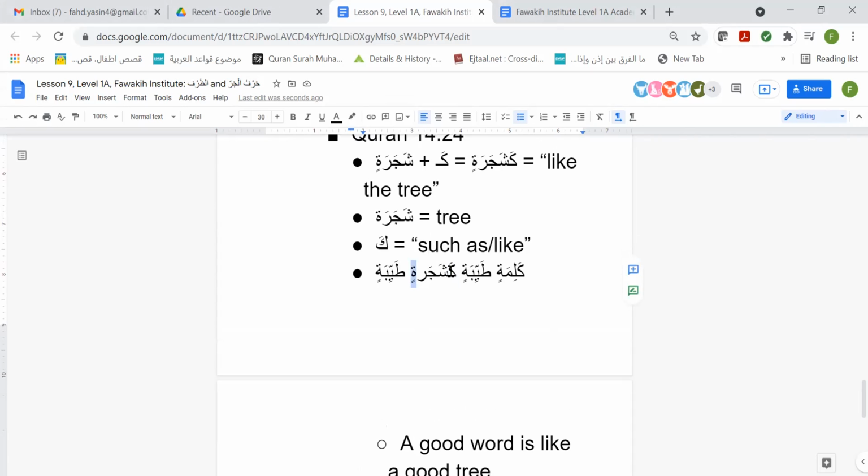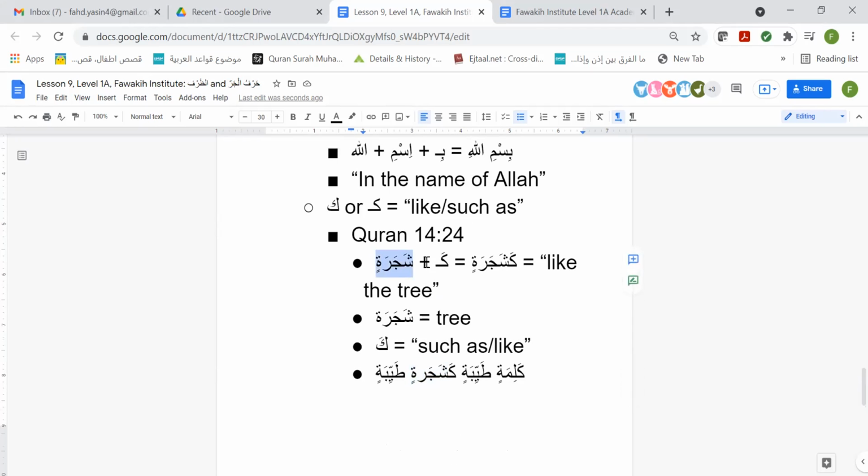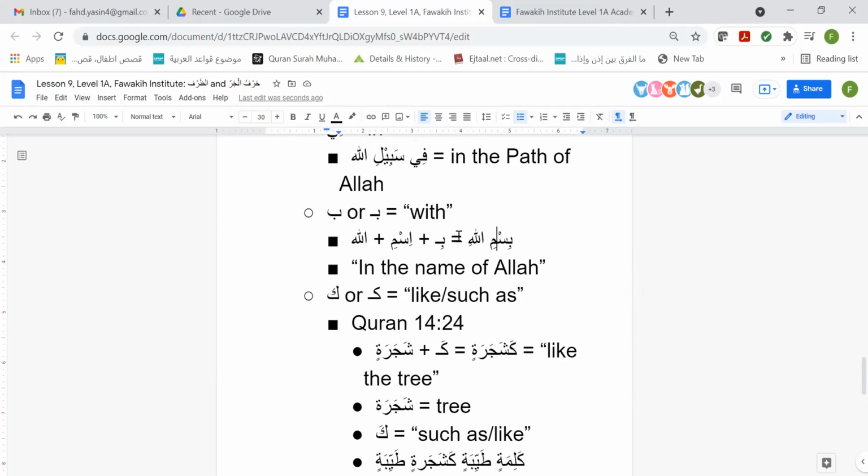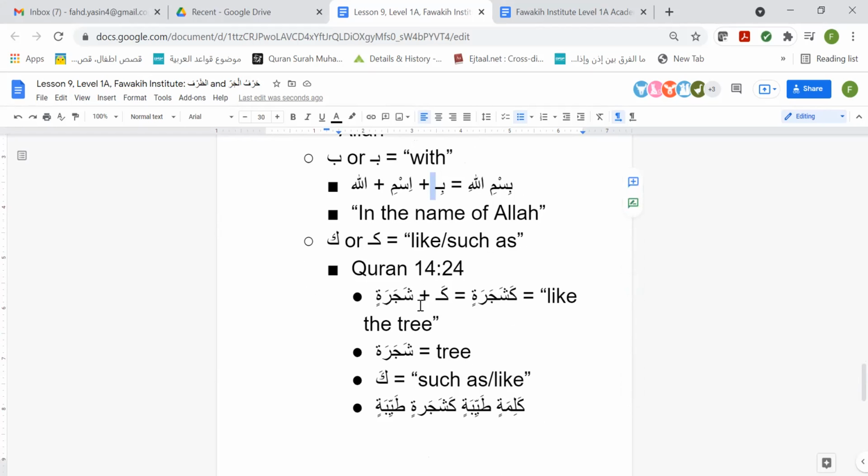And notice here, first of all, this kaf is attached to the word shajara. This kaf is not part of the core of the word shajara, right? The word itself is shajara, like I explained up here. Shajara means tree. That kaf is added. It doesn't mean that kaf is part of the word. In the same way, when we say Bismillah, that ba is not part of ism. The word is ism, but the ba is attached to it. Similarly, that kaf is the harf that's attached to the word shajara. Just be aware, it looks like kaf is part of the word shajara. It's not. Shajara is the word, kaf is what is attached to it.